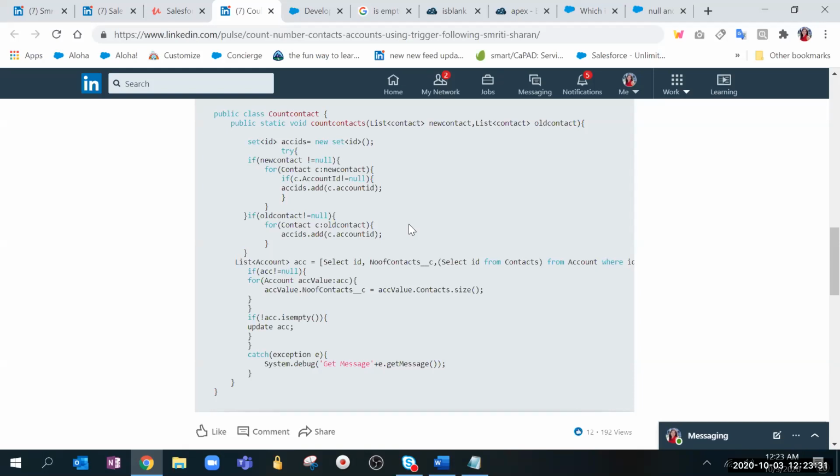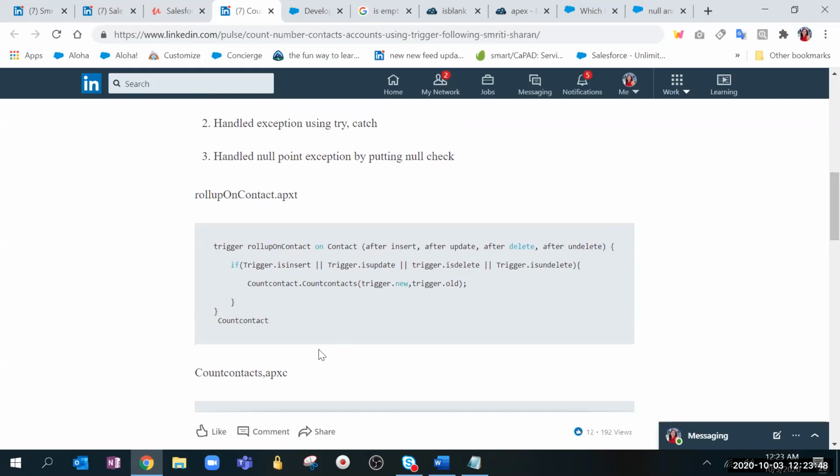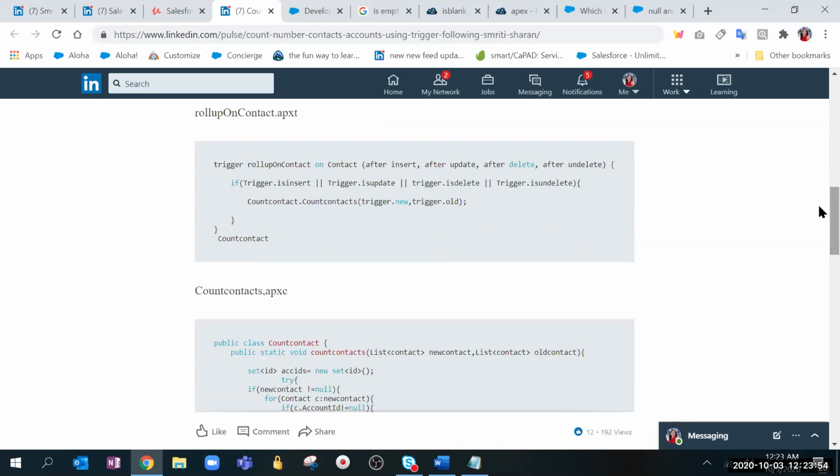Okay. Now we will execute the code. I already have it in my developer console, and before that we will discuss the handler. Can anyone explain how the handler works and what we are doing? Yeah, I can do that. Instead of placing the code in the trigger itself, we create another Apex class and declare the method as static so that we don't have to create an instance.